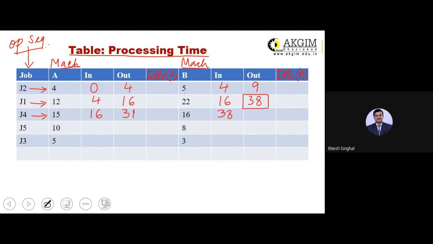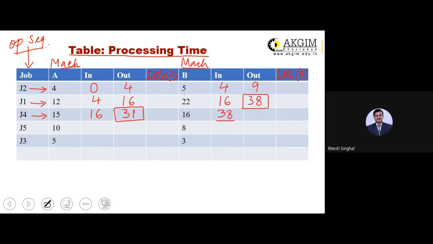It means you can only start a particular job when the job and machine are both ready to function. You can remember it like this: whenever these two box values are showing here, write the maximum value here.